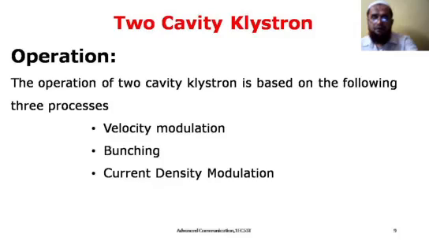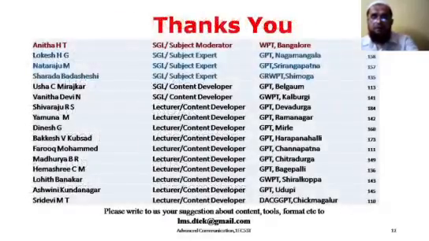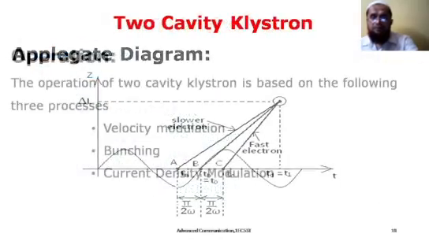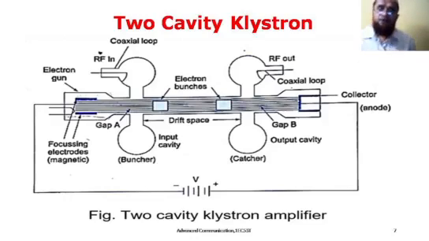That is how this particular amplifier is going to work. Now you see the electron gun. First of all, we are providing positive potential to the anode and negative potential to the electron gun. The electron gun keeps on emitting electrons, and those electrons are guided by focusing